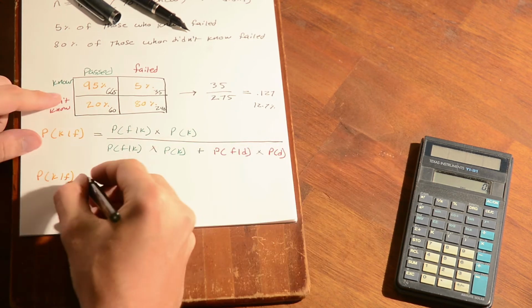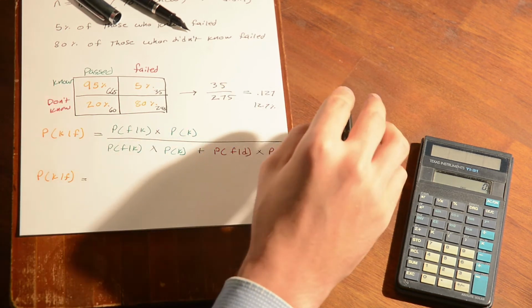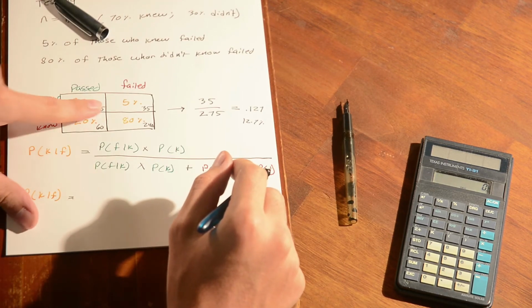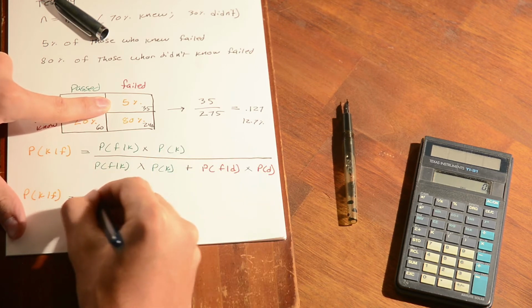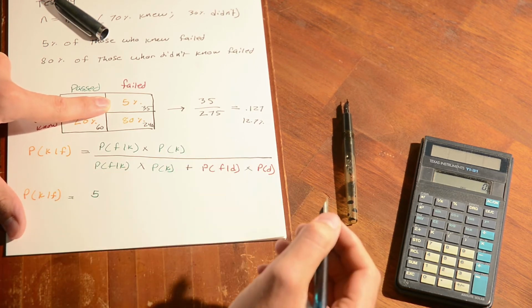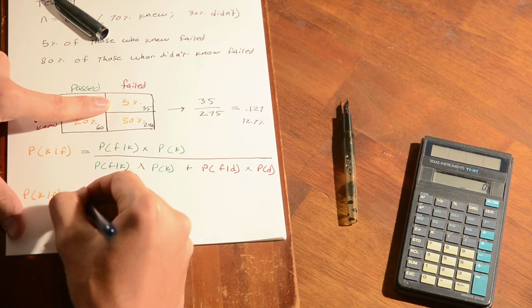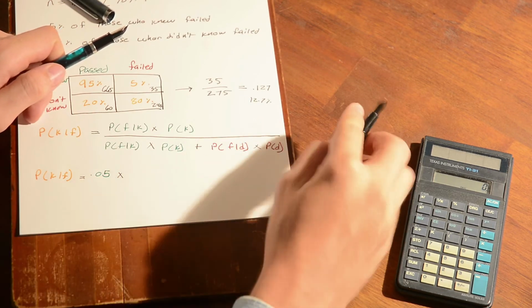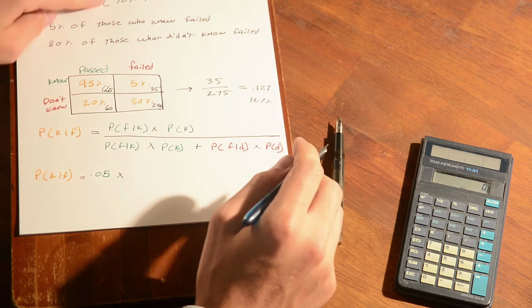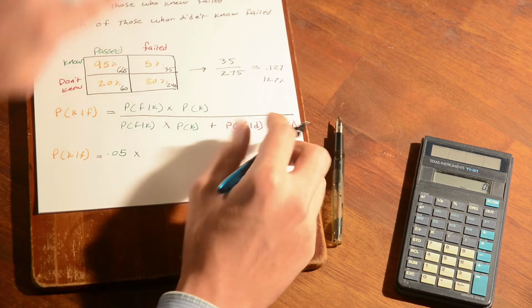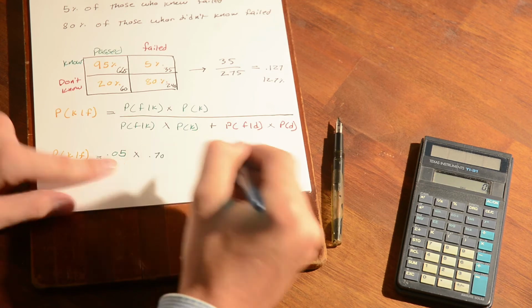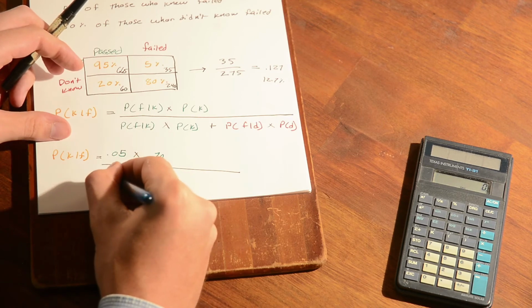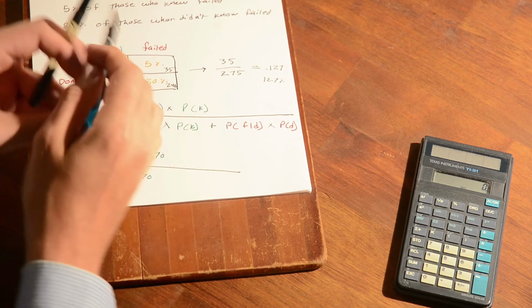So the percent who knew, who failed, done with that one, again, is equal to, and we're just going to pull our numbers down here. So this term is equal to that 5%. Since it's not very convenient to deal with percentages, we're just going to deal with this as a decimal. So 0.05 times, and then what percentage knew? 70% knew, as you see up here. So times 0.70. And all of this is over 0.05 times 0.70